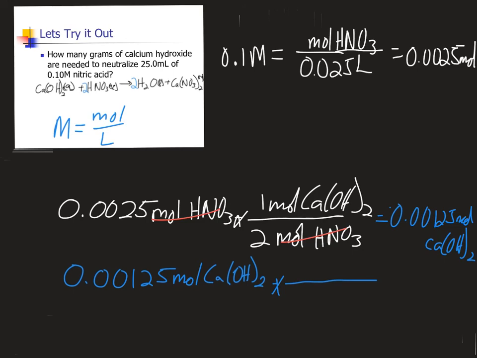So I need to calculate the molar mass, which means I need to find calcium, oxygen, and hydrogen. 2 times 15.99, 2 times 1.01, 1 times 40.08. All of that added up together gives me